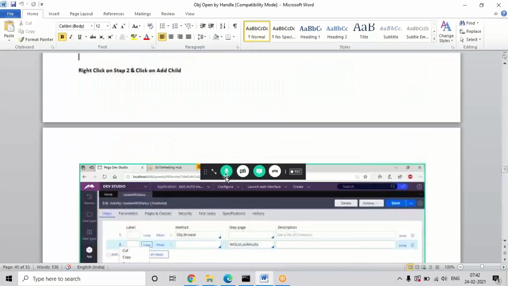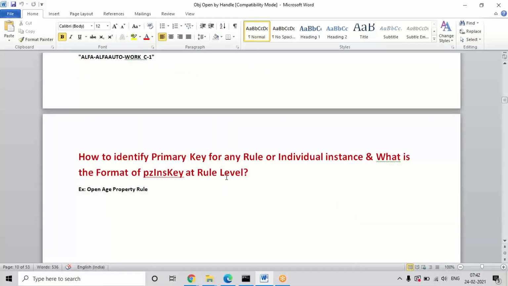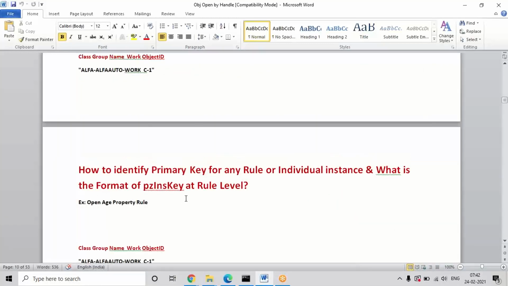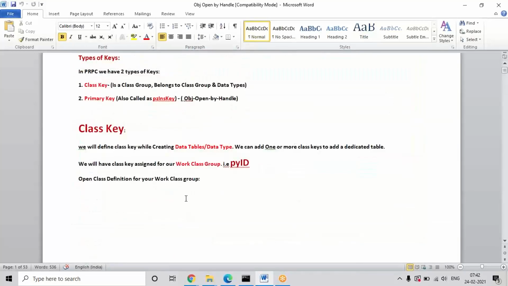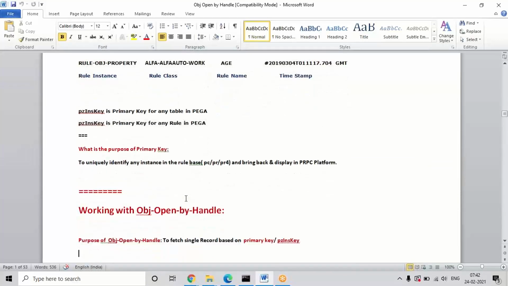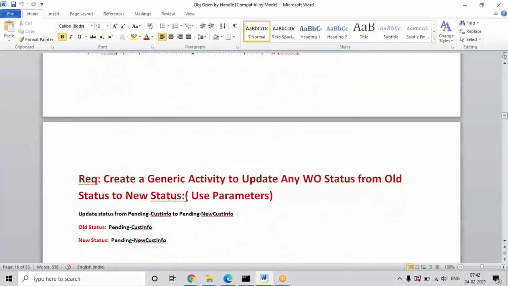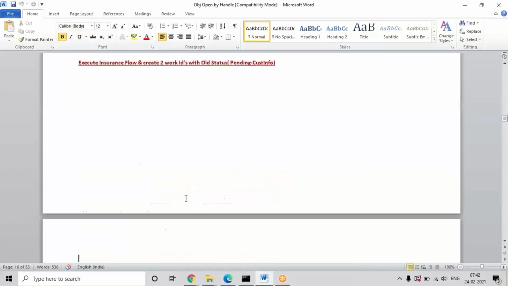Once again quickly I'll repeat. So here the requirement I told, right, is to fetch the records and update them to the new value. So fetch all the old values and update the value to the new value. That is the requirement here. So I've taken the status value as an example. So any status you give, it should be updated to some new value.